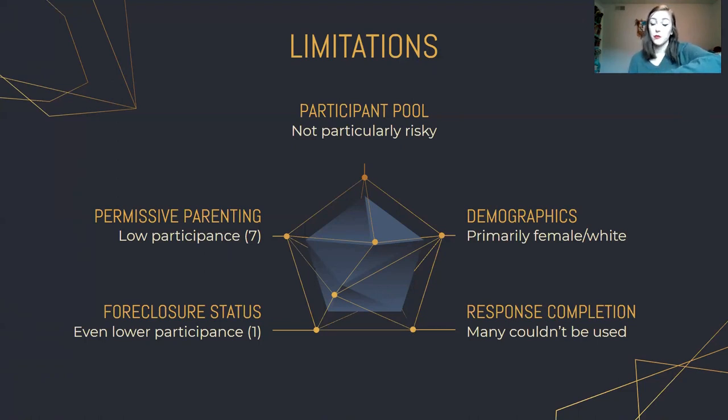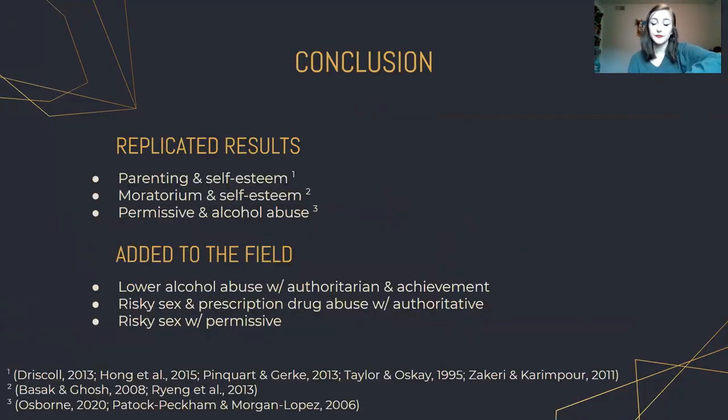Our demographics were primarily female and white, which is a huge issue given that some researchers have begun to find differences in the risk behaviors and self-esteem of people between genders and between races. So the fact that we really only had one, that's not great. That's not what we want. But that's what we got. And our response completion, there were a lot of responses that weren't completed and weren't able to be used in the final results. Our conclusion is that we were able to replicate results in the scholarship on parenting and self-esteem,